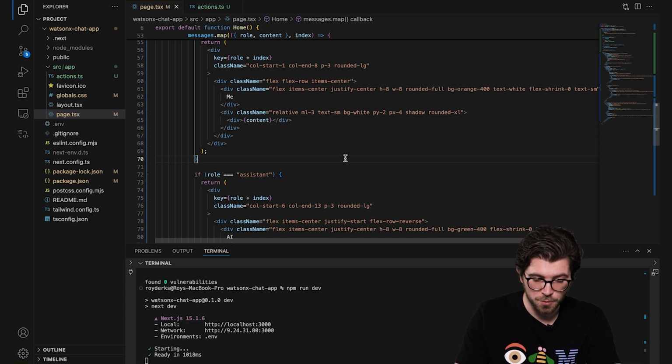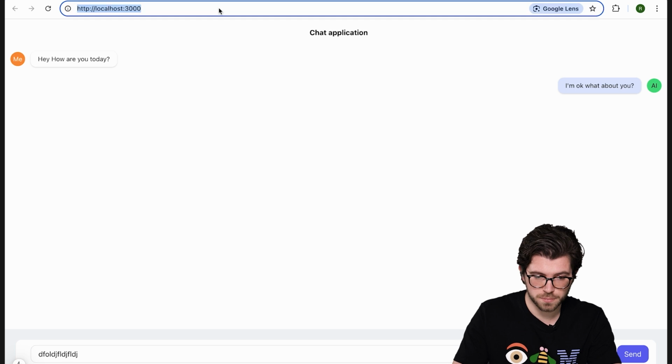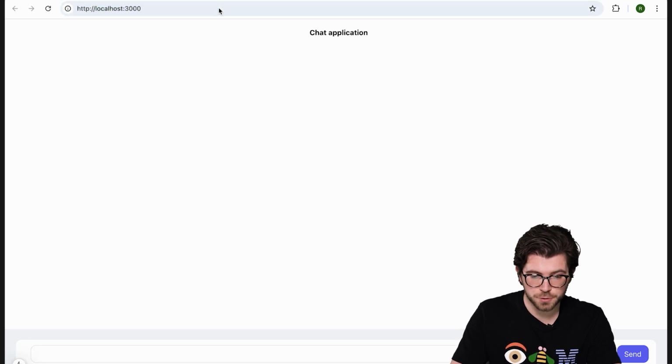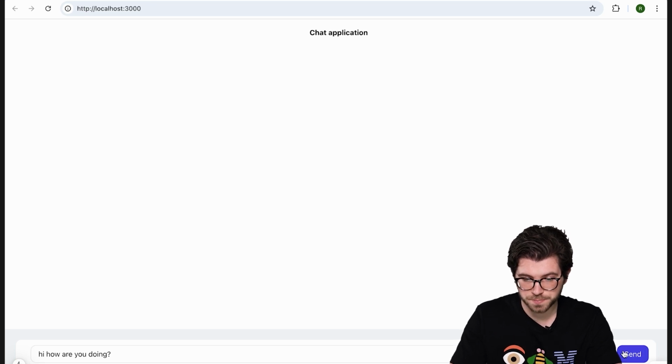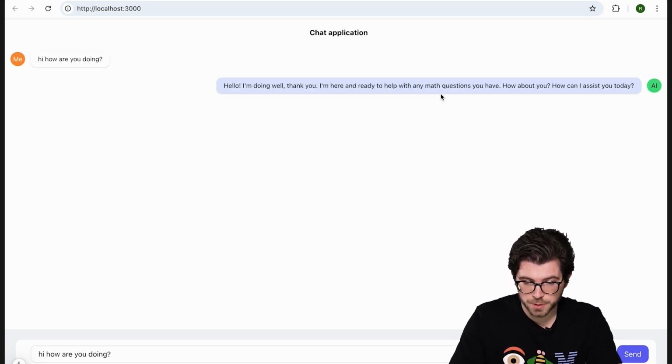So now if I go back to the browser, I should be able to see no messages and we can start typing and should see updates whenever we press the send message button. So let me refresh the browser and our screen should be empty now. I can start typing in this box. I can ask the LLM, so hey, how are you doing? And then the LLM should respond with a message. As you can see, the LLM is pretty friendly. It's taking the role of a helpful assistant and it's going to ask us how they can help with math questions, because we told the large language model, you should be helping us with mathematical questions.